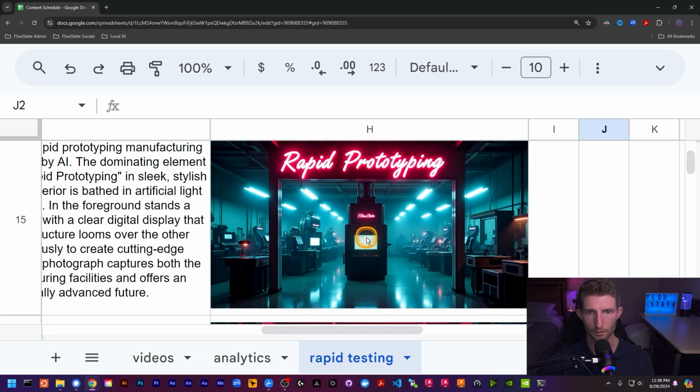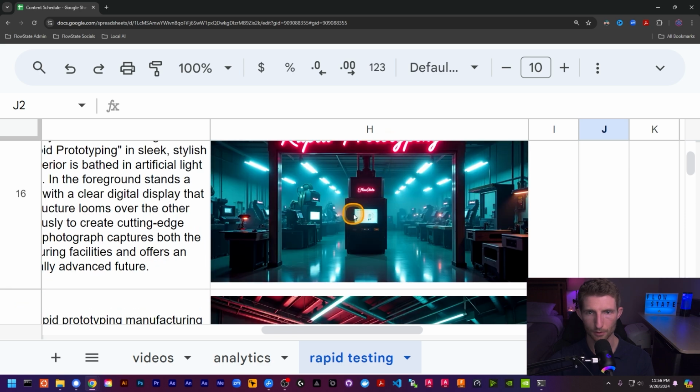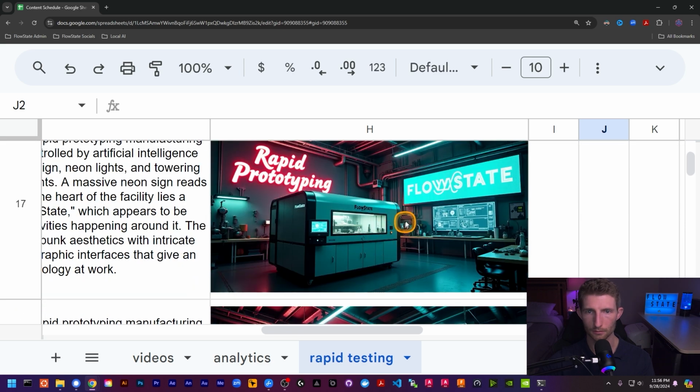I like this one. Flow state's a little messed up. That one looks pretty good. Then we get this one here, which I like. Flow state. It's kind of a weird flow state, but it's a flow state, and I think that's the end